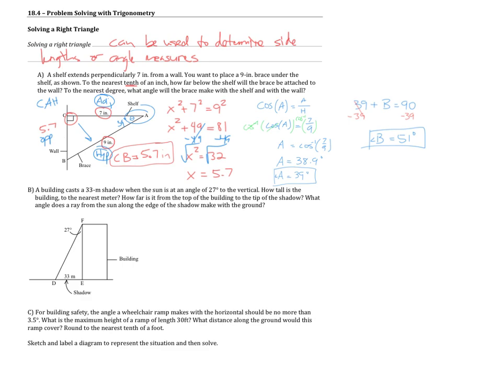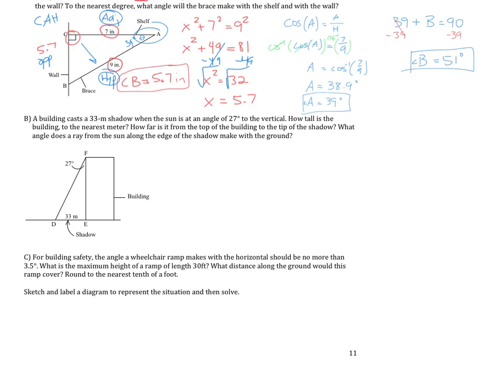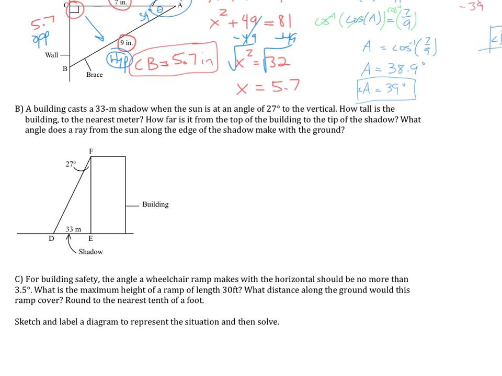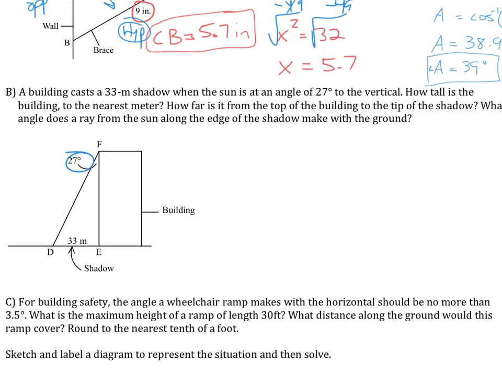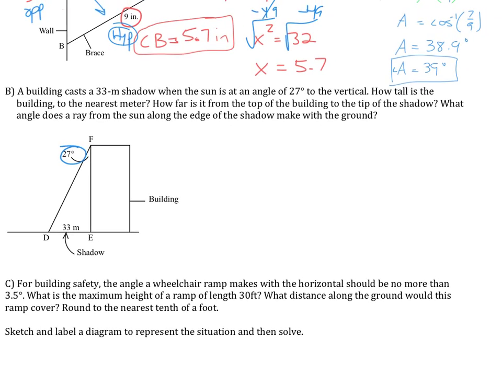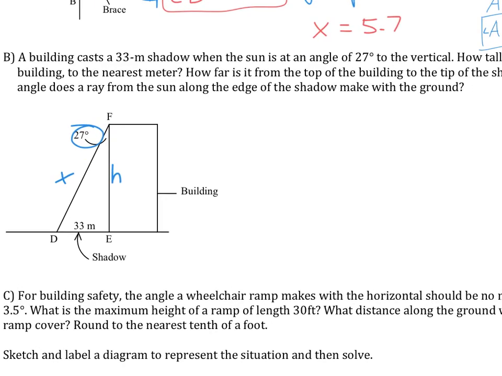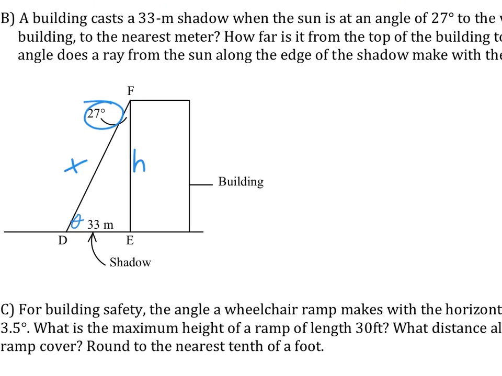Okay, so letter B says a building casts a 33-meter shadow when the sun is at an angle of 27 degrees to the vertical. So they label that right there. How tall is the building to the nearest meter? So I want to know, how tall is the building? How far is it from the top of the building to the tip of the shadow? So ultimately, what will that end up being? FD. And what angle does a ray from the sun along the edge of the shadow make with the ground? So what is this angle down here? That one's kind of easy. We'll answer that one first,